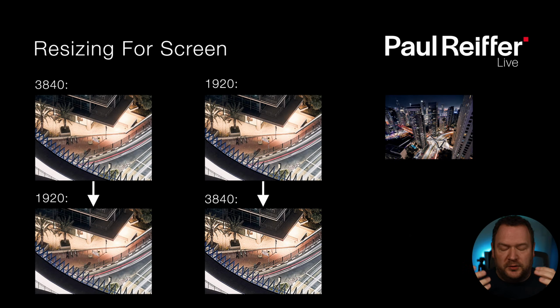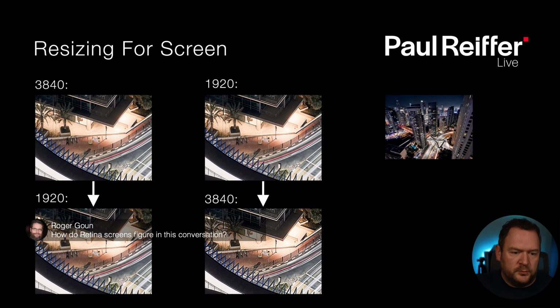So effectively, all it's doing is blowing it up, no different to if you just increase the size of a low-res image to double in Photoshop or whatever, you're going to see artifacts, you're going to see some blurriness. Don't do it. You want to get those images out in as high a resolution as possible within reason, and then let the screens downsample. Downsampling is going to get you much better quality than upsampling a low-res one.